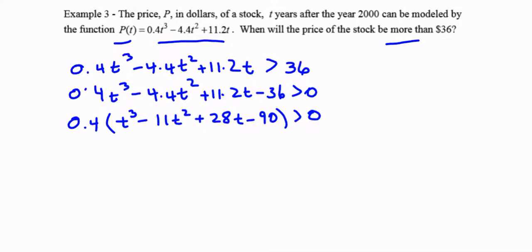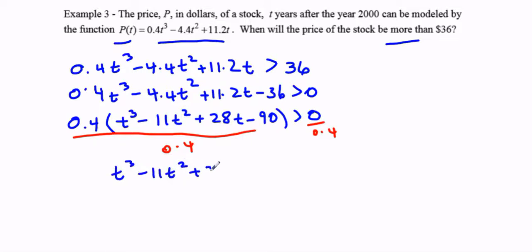And now I'm going to divide both sides through by 0.4, and I end up with just t cubed minus 11t squared plus 28t minus 90 is greater than 0. So I've in effect just gotten rid of the 0.4. Remember, that number in front does not affect the zeros, so it's not going to make a difference to our